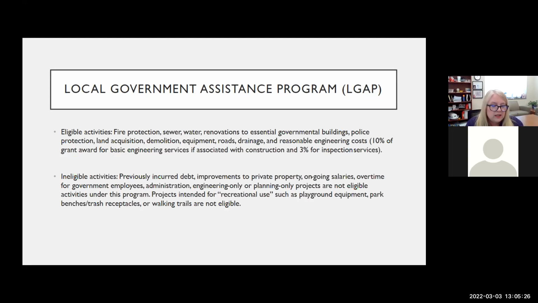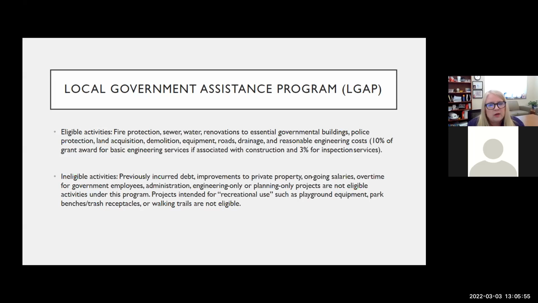For eligible activities, here's a listing of eligible and ineligible activities. These haven't changed since last year. We just want to be clear about engineering costs, that you can get 10% of the grant award for basic engineering costs if it's associated with construction, and 3% for inspection services if needed. For ineligible activities, again, it hasn't changed since last year.